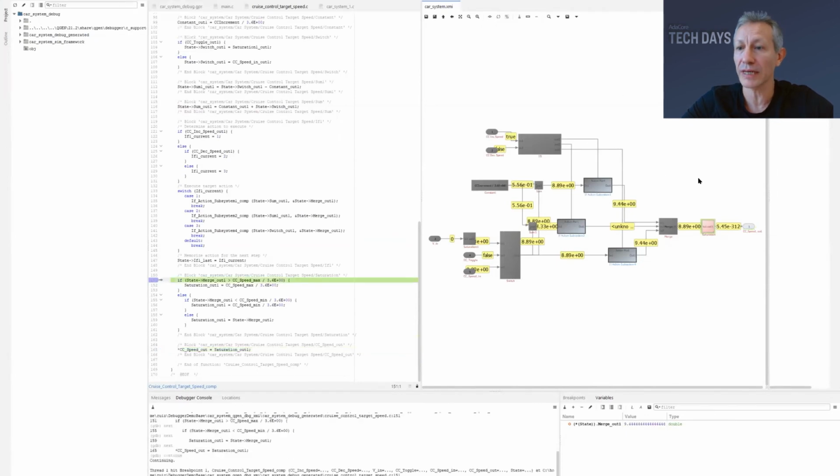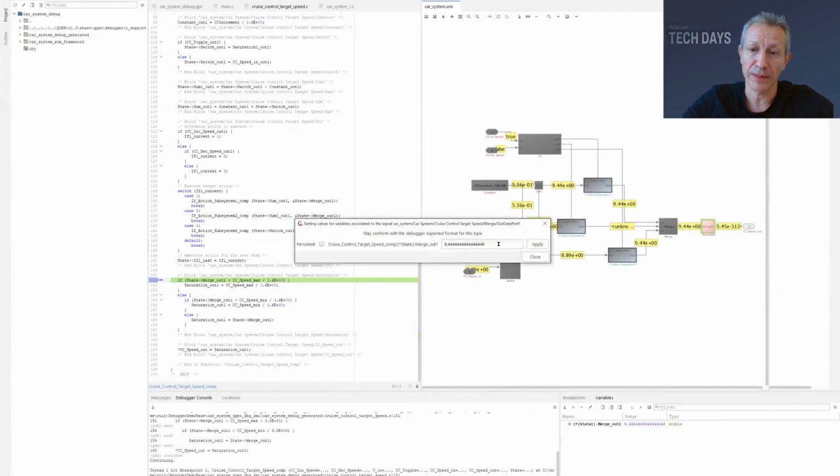You will hit the breakpoint again, but now, if we want to check whether saturation is working and whether saturation gives me the results that I want, when I'm debugging I can force this condition by, for example, enforcing the value of this signal. So this signal, we can change it on the fly. By the execution of the model, the value of this signal is 9.4, but I can change it to a value that I know will saturate. For example, if I set it to 100 and I apply,